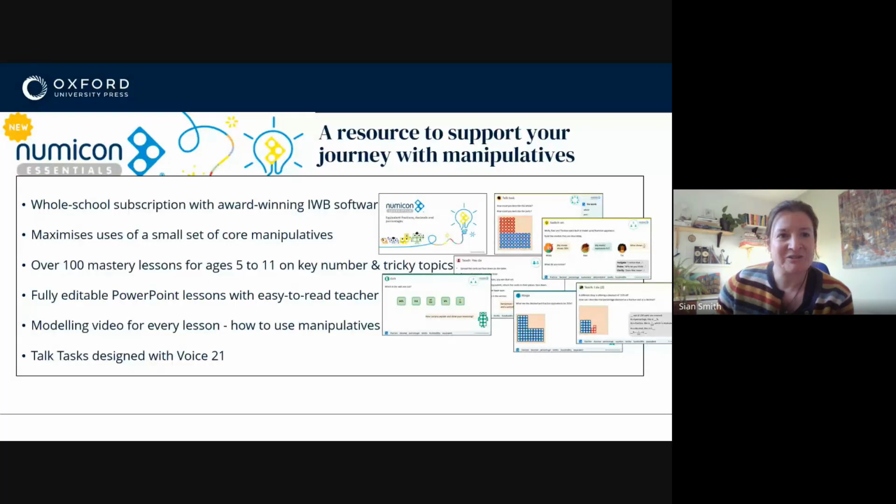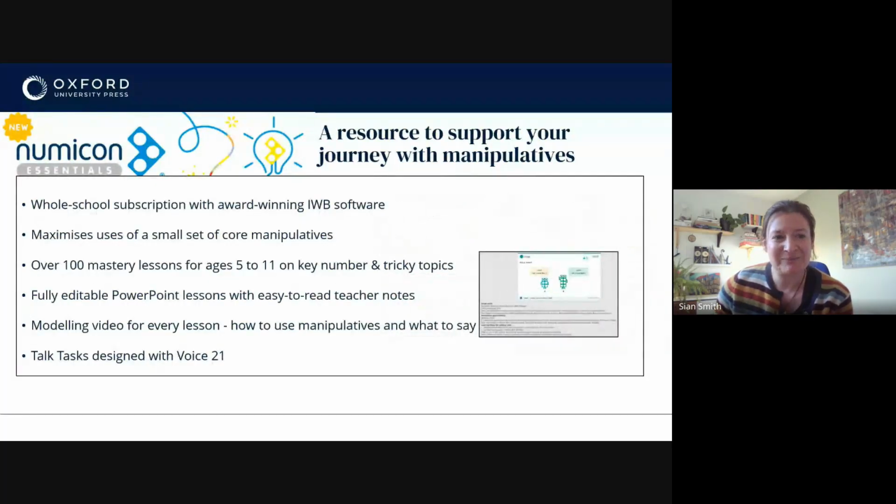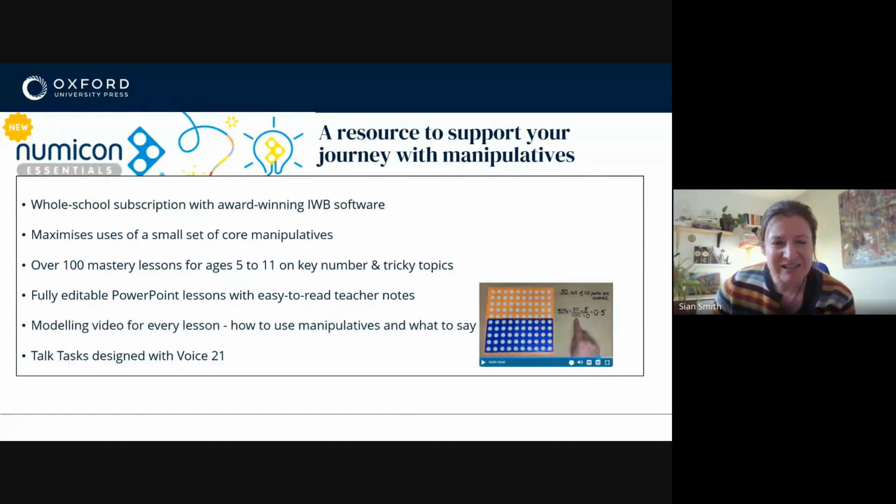We've got fully editable PowerPoint lessons with pick up and go, easy to read teacher notes. So just picking out things like the key misconceptions, key questions to ask, assessments. So yeah, just having bits that you need at your fingertips. And as Lee said, having a modelling video, at least one with every lesson. Sometimes those key ideas need to be broken down into a couple of points, so you might get a couple